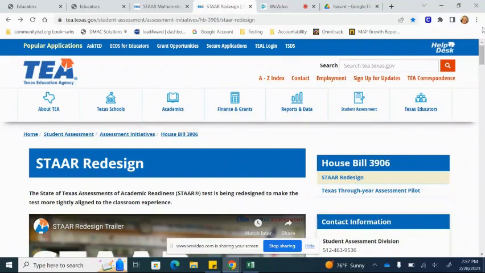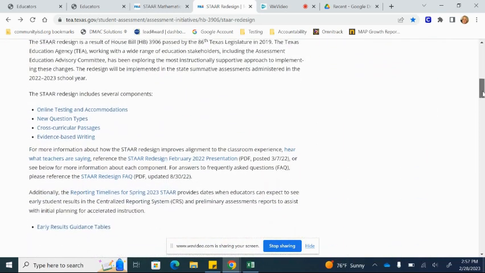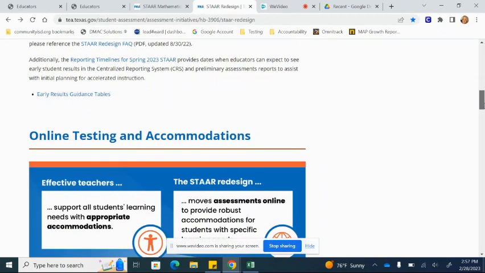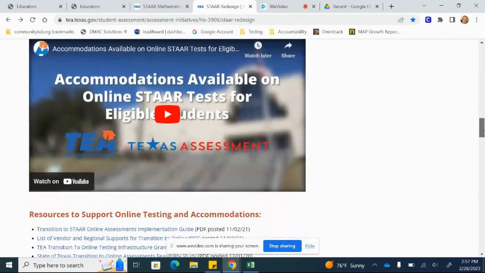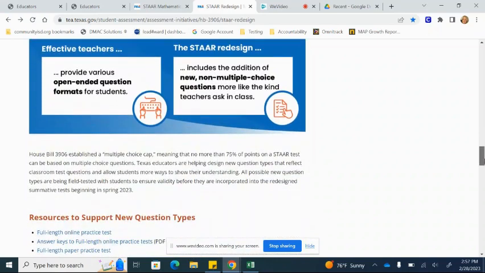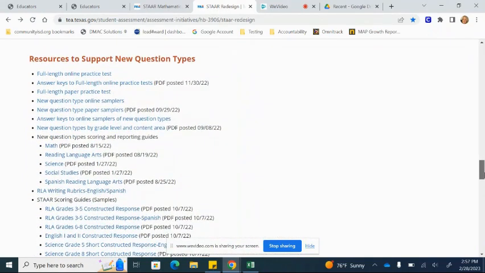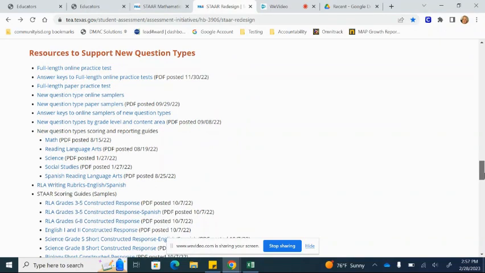STAR redesign webpage. We got here in the last video by visiting texasassessment.gov, clicking Educators, House Bill 3906, and then the STAR redesign link. So one other important feature that I want you to make sure to look at is the rubrics for the short constructed and extended constructed responses, as well as the example answers, because those contain exemplars that could really help your students and you have a better understanding of what it takes to get the highest scores possible on these